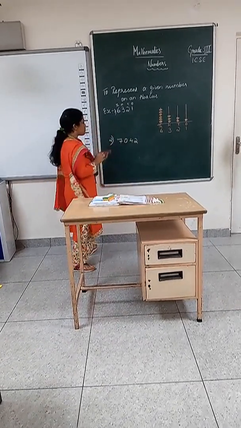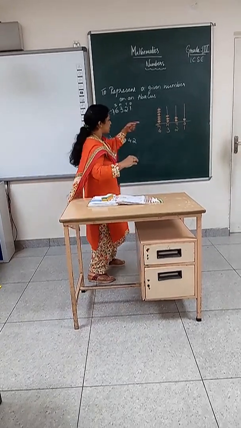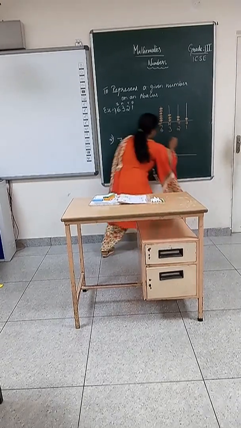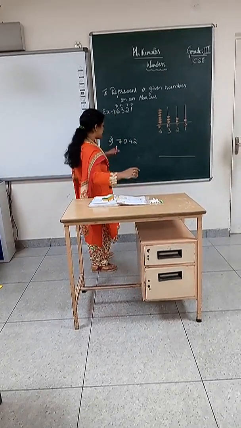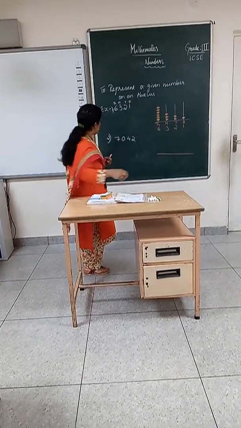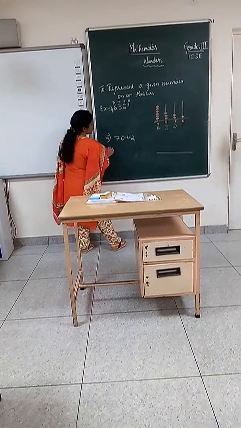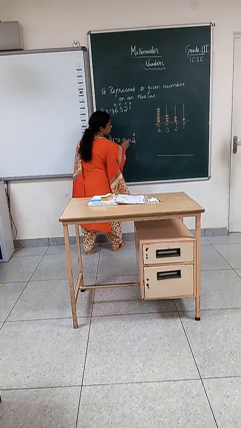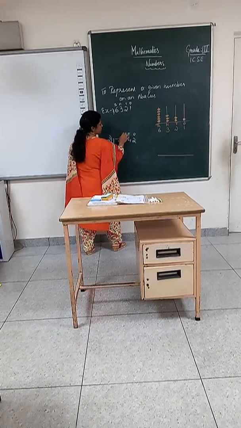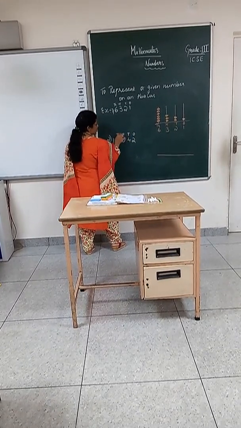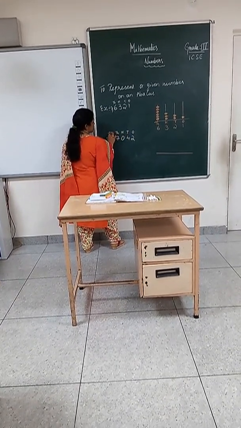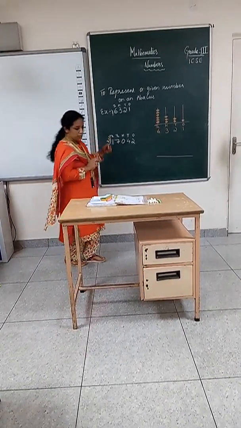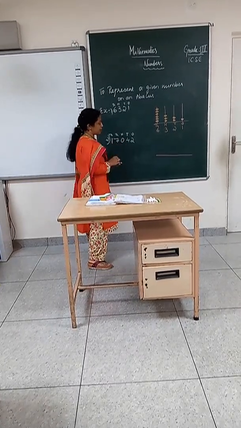7042. Now look at this. Again in the same way I am going to draw the baseline. Let us draw a baseline. As I told you, children, this time let me consider a number with the 10,000s place. So let me take another digit. Now let us write the place values: ones, tens, hundreds, thousands and 10,000s. Now this time I have taken 5 digits. So let us draw an abacus for this given number.